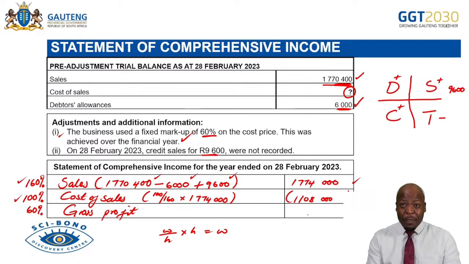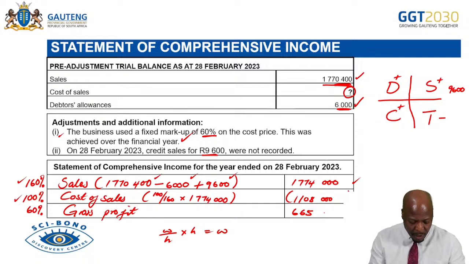So now we can get gross profit easily. How much is the gross profit? It will become 665,000. All right, 665,000. Is that correct? I want you to punch that in your calculators again. Okay, we're saying 1,774,000. Then you minus 1,108,000. Okay, that is going to give you how much you get? 666,000. Okay, so I'm going to say